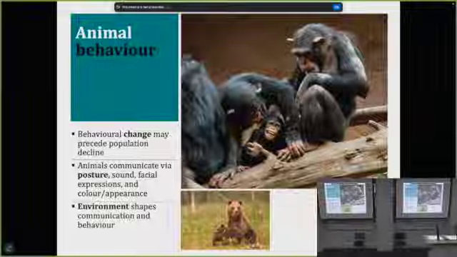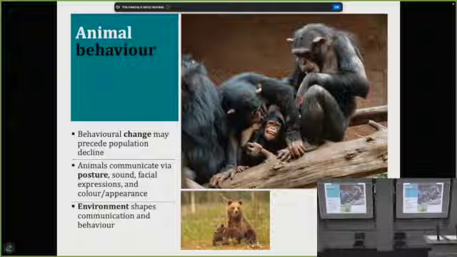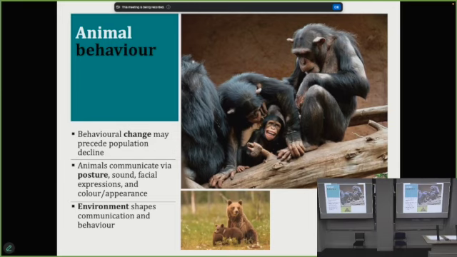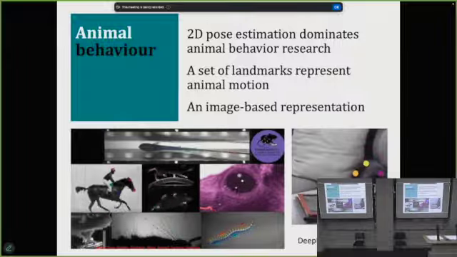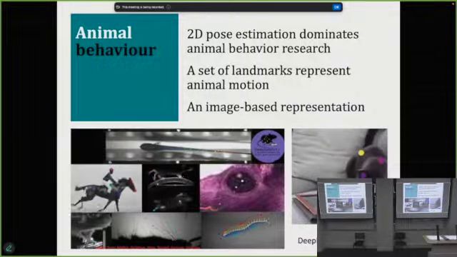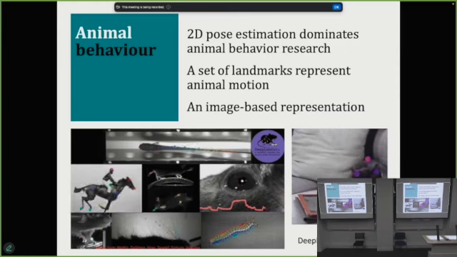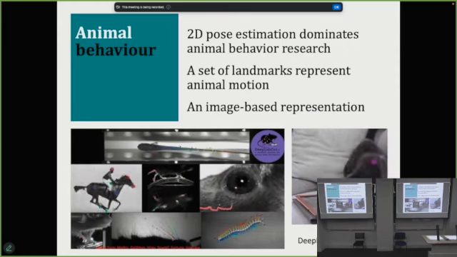As humans, we have evolved a very rich language with a lot of structure. For animals, there are some cases of vocalizations that are mostly context dependent, and a lot is left to body posture. And this behavior is also influenced by the environment, which in computer vision is often not taken into account. So what people have done in the past to study behavior is to look at the pattern of motion of significant markers, landmarks that are located on